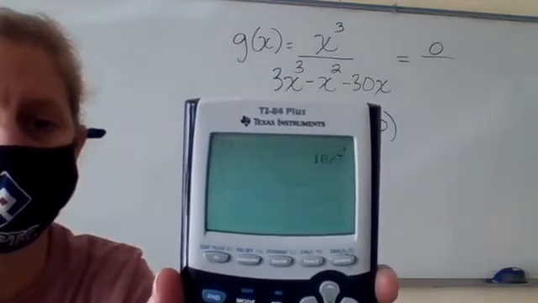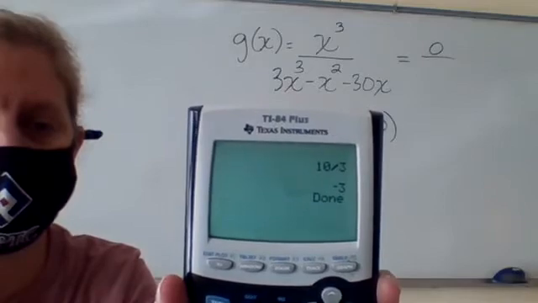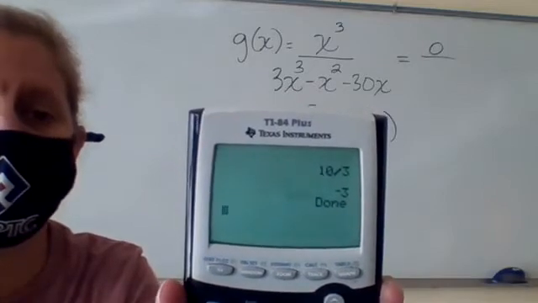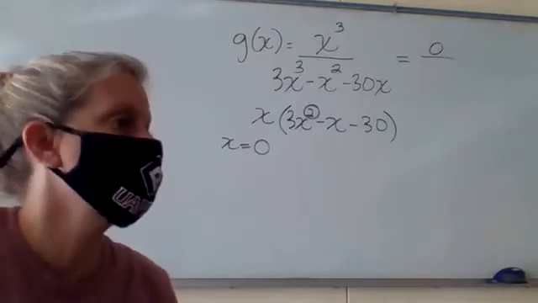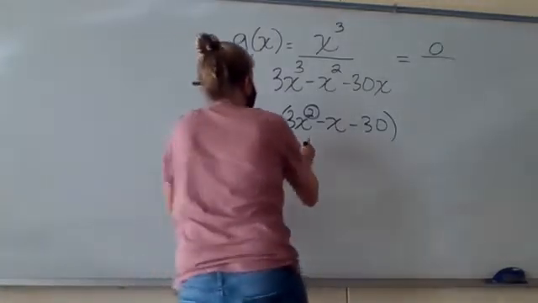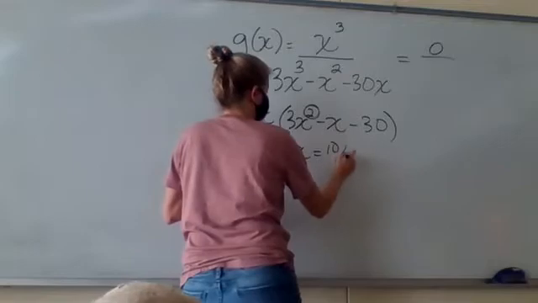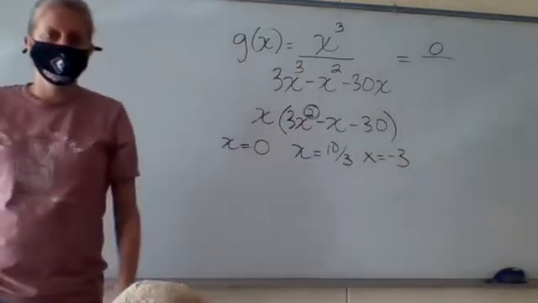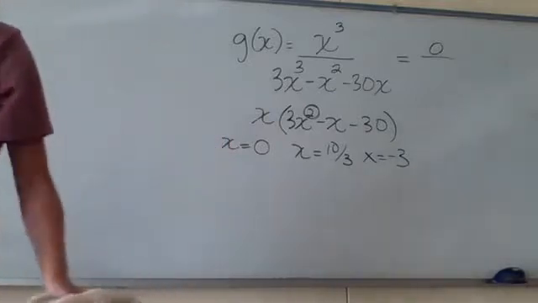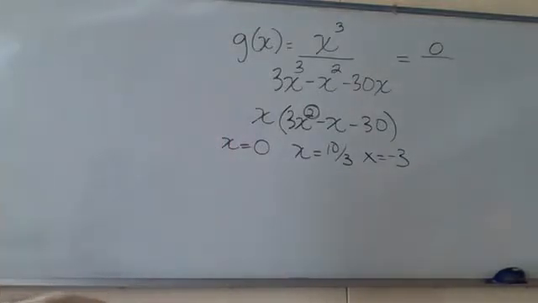Hit enter. You're going to have to hit it twice to get your fractions. So 10/3 and -3 are the other zeros. But remember, your vertical asymptotes are only